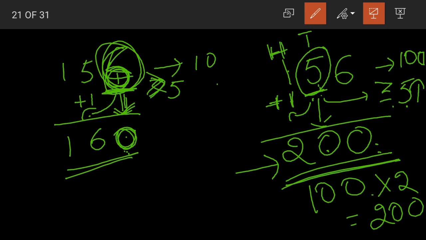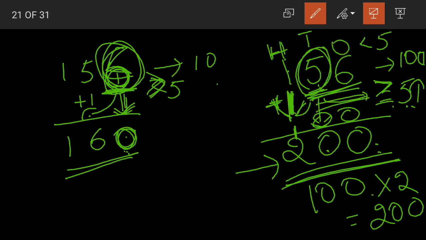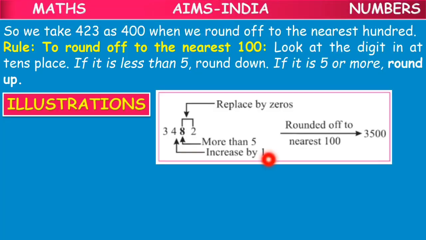What was step 1? Step 1 is to look at the digit in the tens place. If it is less than 5, then we round down. That is, 1 will be written as it is and the remaining 2 digits will become zeros. If it is equal to or greater than 5, we add 1 to the digit in the hundreds place and replace the tens and ones digits with zeros to make it a multiple of 100. Is this clear? I hope this is clear. In the same way, here we have 8 in the tens place. It is more than 1.